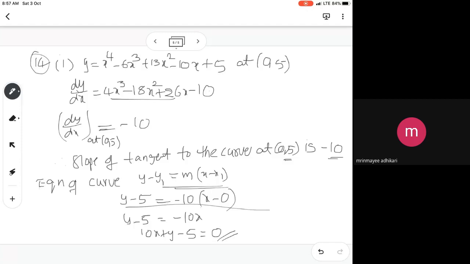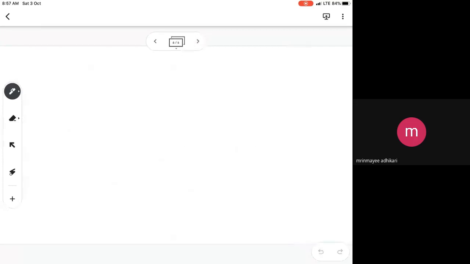And in the 15th question, you find the equation of the tangent to the curve which is parallel to another line, which is a little bit different here, and perpendicular to it. So whenever the line is given to you, the 15th question is: y is equal to x square minus 2x plus 7. Which is parallel to that.